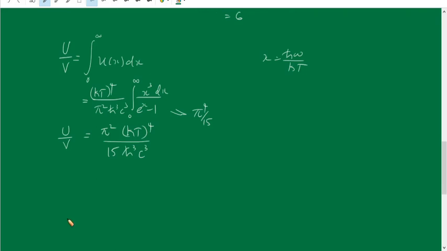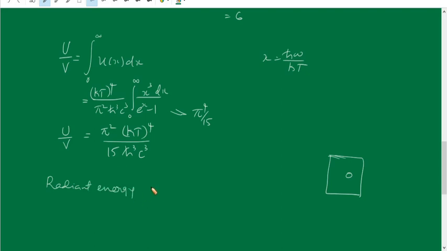Now if there is a small opening in the cavity wall, so that there is a cavity and we have calculated the total energy per unit volume. If you have a small opening here, then the photons inside will come out. The photons will effuse through this opening. So the total radiant